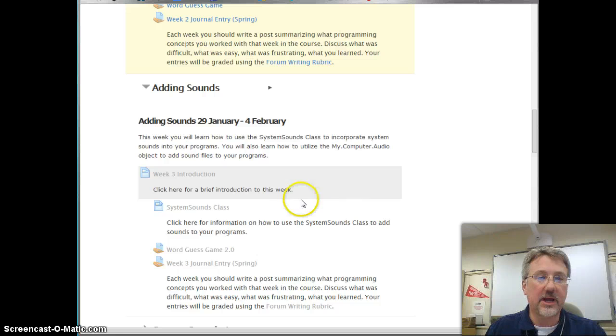you. So just going to learn how to incorporate some sounds this week, add those to our word game, and then do a journal entry